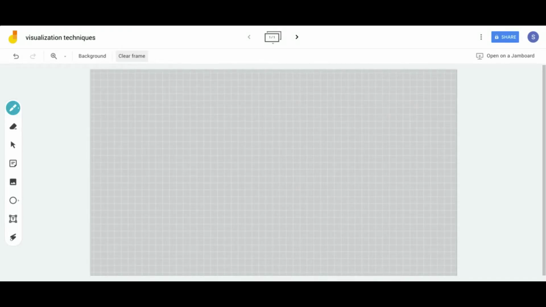So the very first slide that you saw on the visualization techniques was a scatter and a line chart. Now these are very important tools in not only presenting the data but extracting certain relationships from that data. So what I can do now is, for instance, let's talk about,